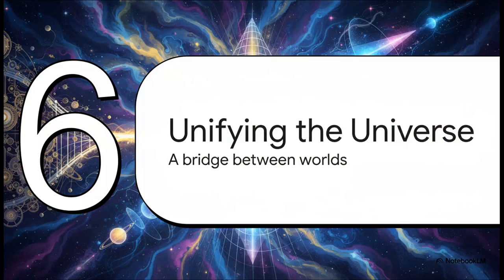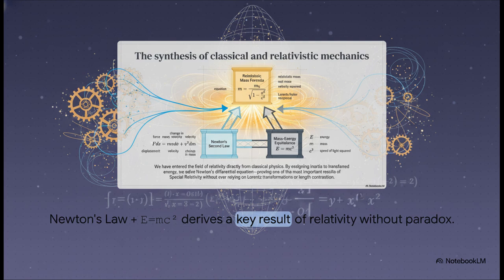So let's just step back and appreciate what this approach really gives us. This isn't just some neat mathematical trick. It's a deep, profound bridge between two entire worlds of physics. I mean, think about the journey we just took. We started with Newton's second law, pure classical mechanics. We combined it with one single principle, mass-energy equivalence. And from that simple combination, we derived a fundamental result of special relativity. It shows that relativity isn't some crazy departure from the past. It's a deeper truth that was already sleeping inside of classical physics, just waiting for us to find it.